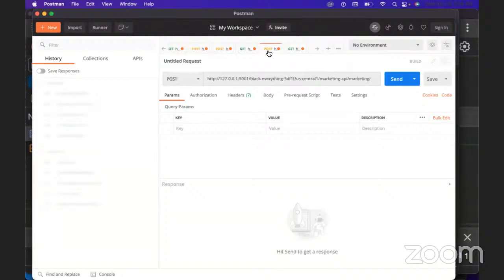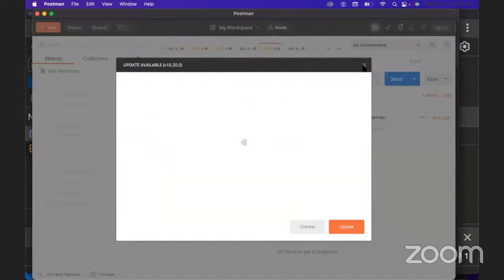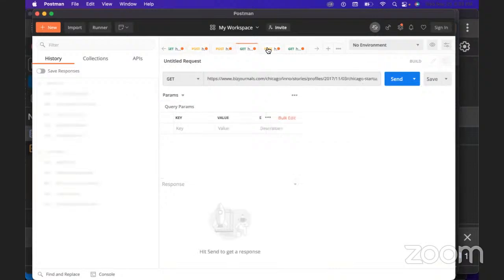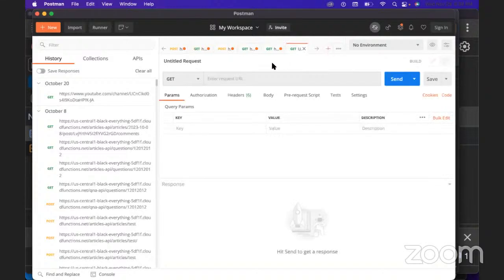So just to give y'all a couple quick examples after all of these pop-ups pop up. I use Postman a bit all the time in a lot of different apps that I'm working on. So you can see it here on these tabs are a lot of different routes that I was testing. The way Postman works is you go ahead, click the plus button, and then you can test a URL for